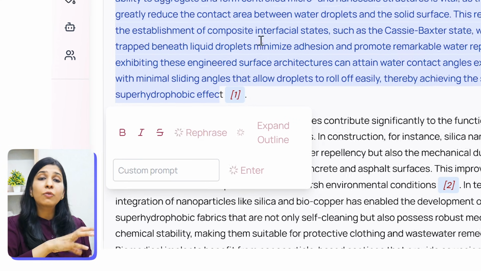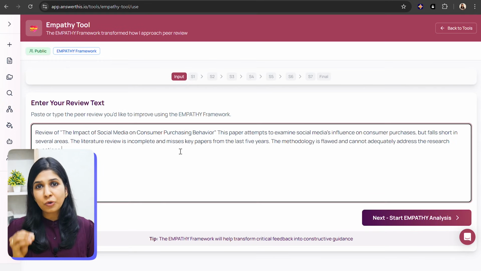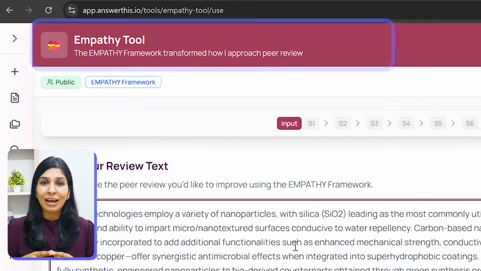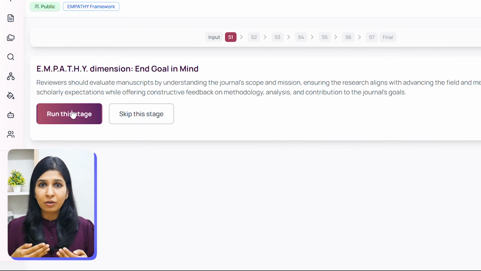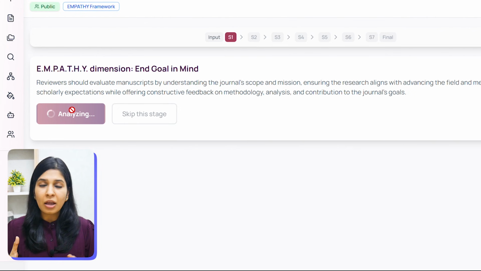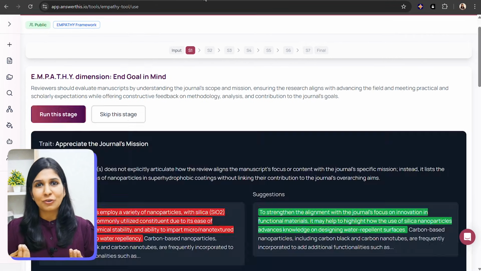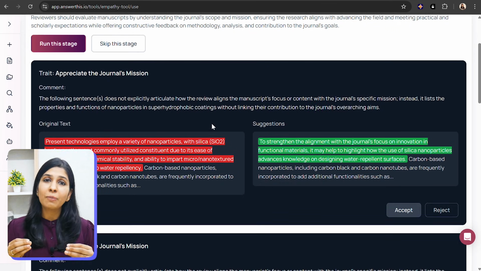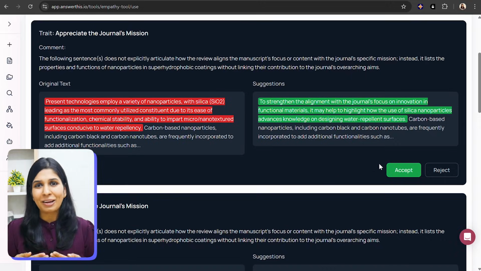This can be very useful if you want to keep your writing plagiarism free. Another tool that you can use at this stage is the empathy tool, and this is a unique one because this tool transforms your writing in a way which is more reader friendly, which is basically the layman language of the technical jargons that you use. This can be very helpful when you're preparing research summaries or outreach material for non-academic audiences.